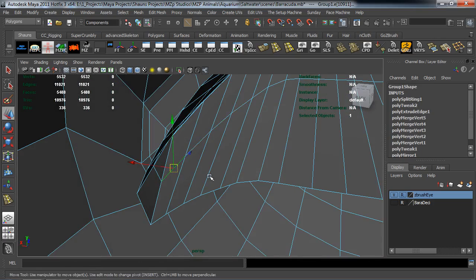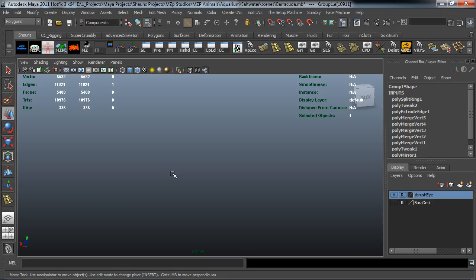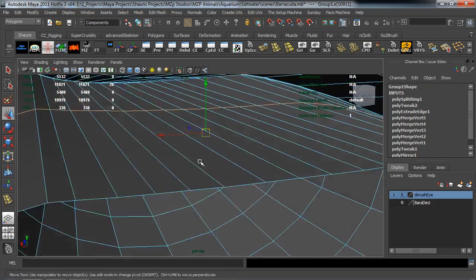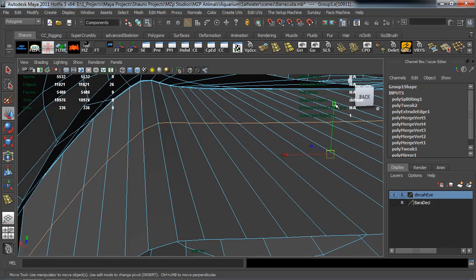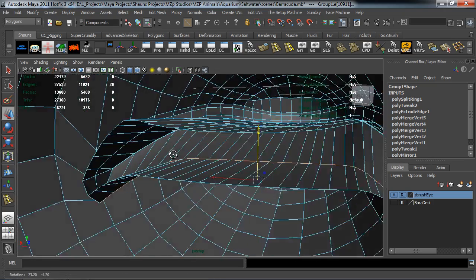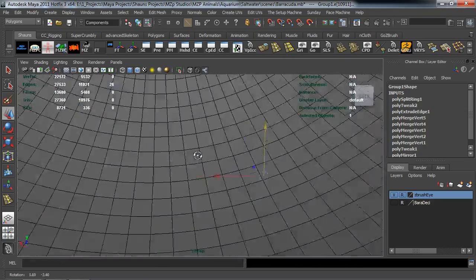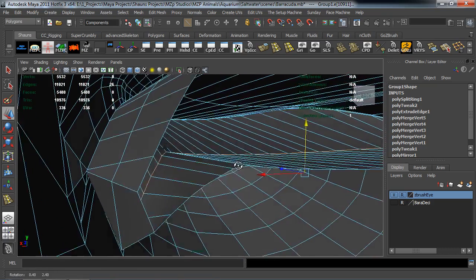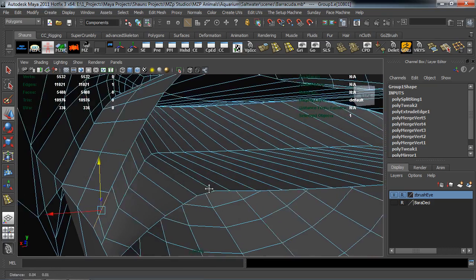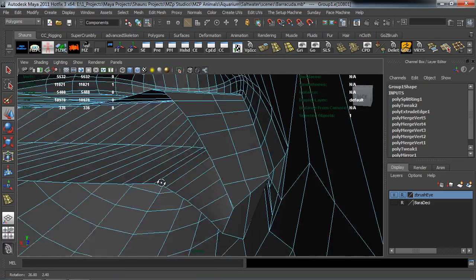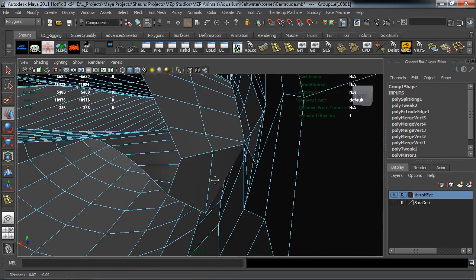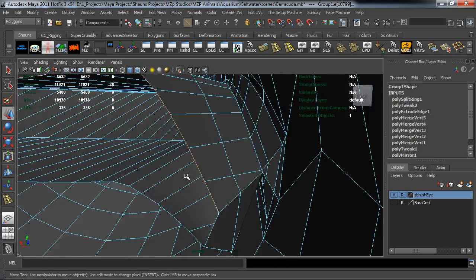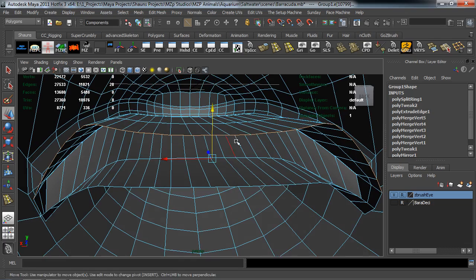And I'll select this edge, and I'm going to move over here, double select that edge, and pull that down so it looks much more like a mouth sack now. And we'll basically close this off. So we'll select the top portion of this mouth sack here, same here, and we will simply extrude this down,